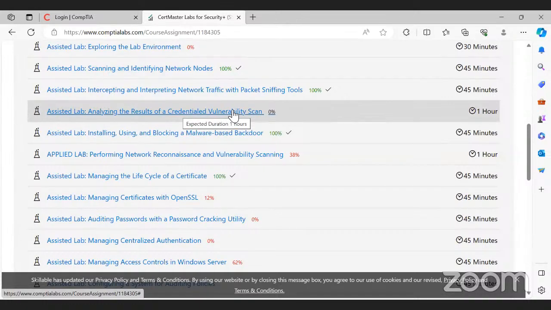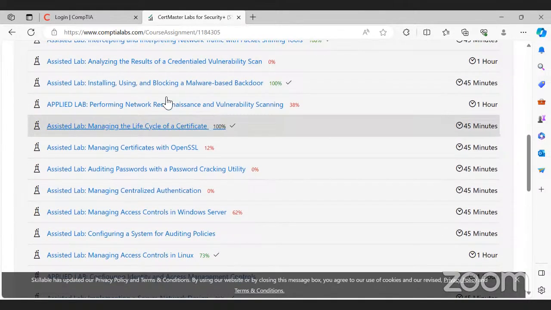How do you scan vulnerability? Of course, before we do this, we would have explained the concept. That's how the course is built: you discuss the concept, then you practice the lab. You practicalize the concept you have discussed. So before doing something called a credential vulnerability scan, we would have explained what a credential vulnerability scan is. All right, so from there, we'll look at how you block a